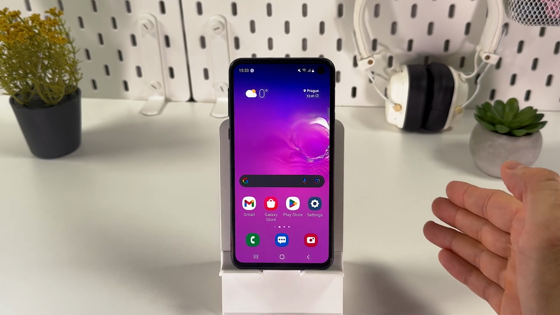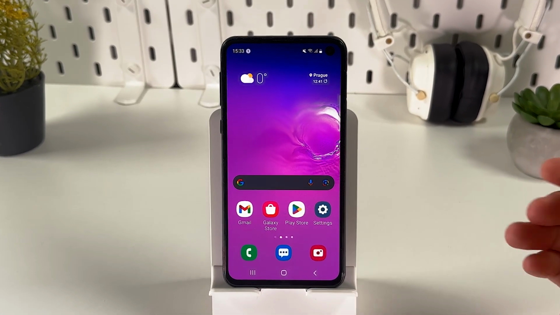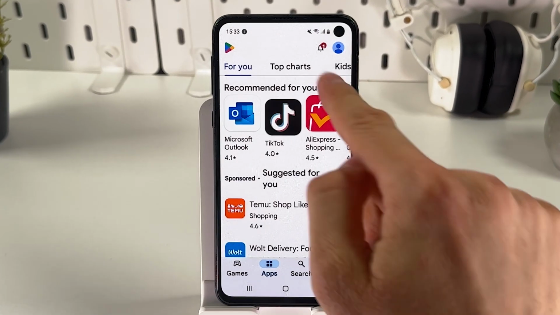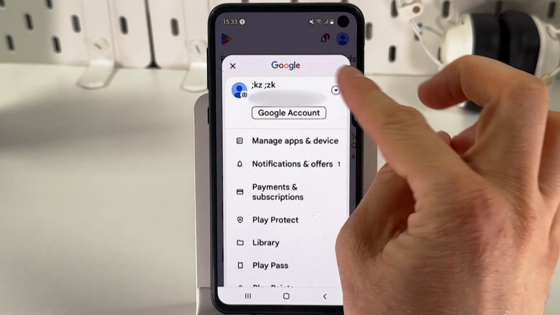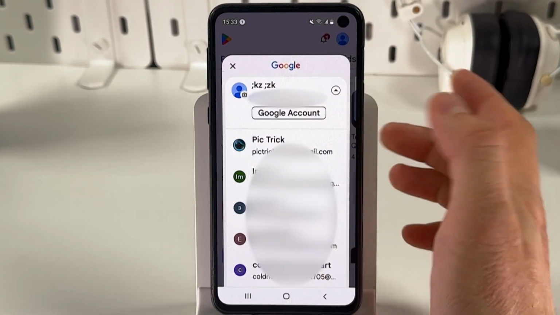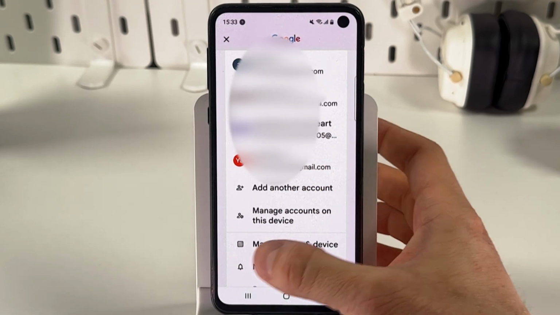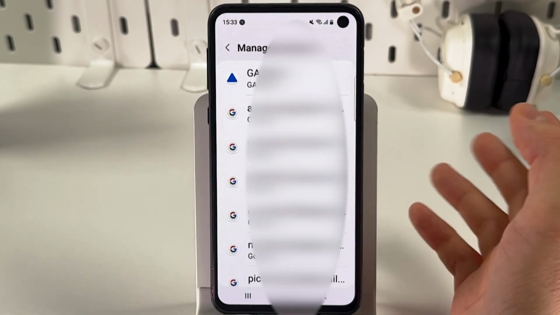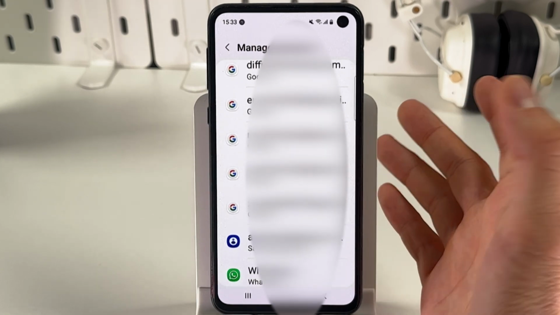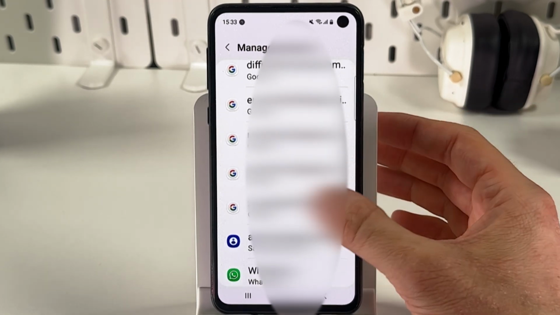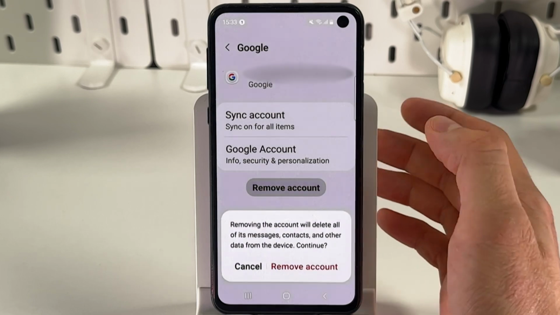If you want to sign out of Google Play Store account on Android, open up your Play Store. Now at the top right corner, you gotta find your account icon. Tap on this arrow near your account icon name and scroll down to Manage Accounts on this device. Choose this option. Now choose the account which you are logged in to your Google Play Store and simply press Remove